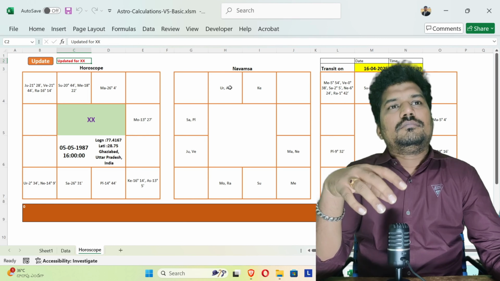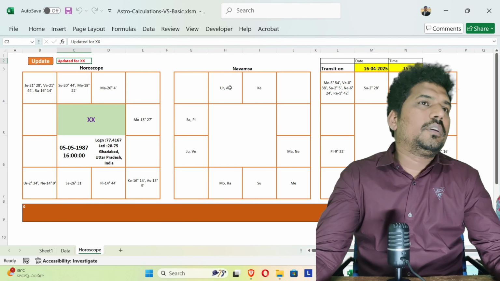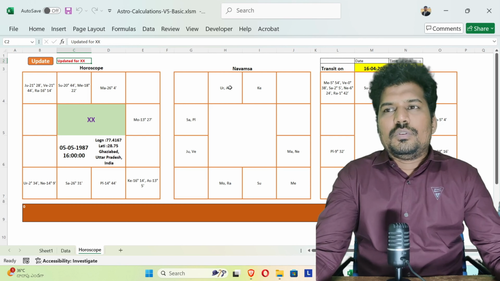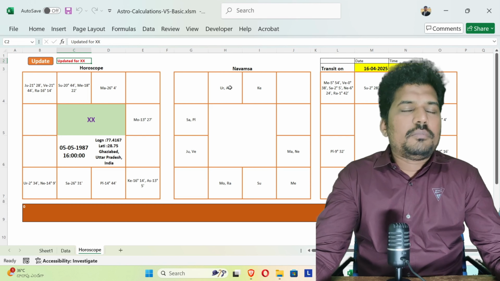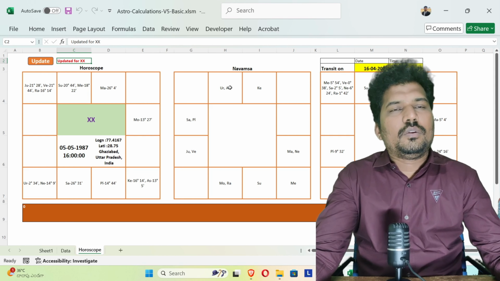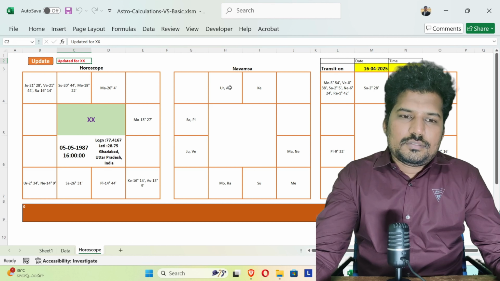Everybody can access those details and verify them. That's my theme, and I am working on the same. Soon I will share about the data bank sheet and how we can update it. I hope I made it useful.